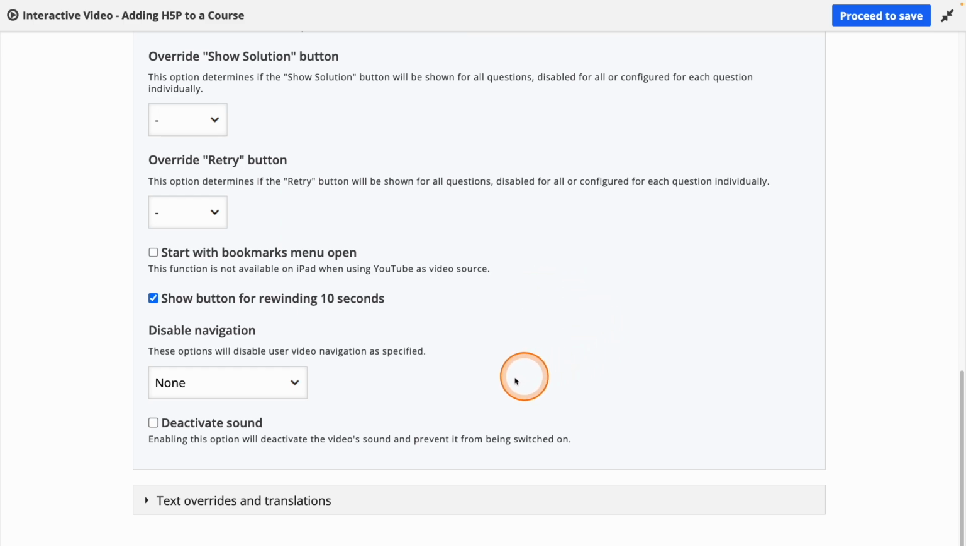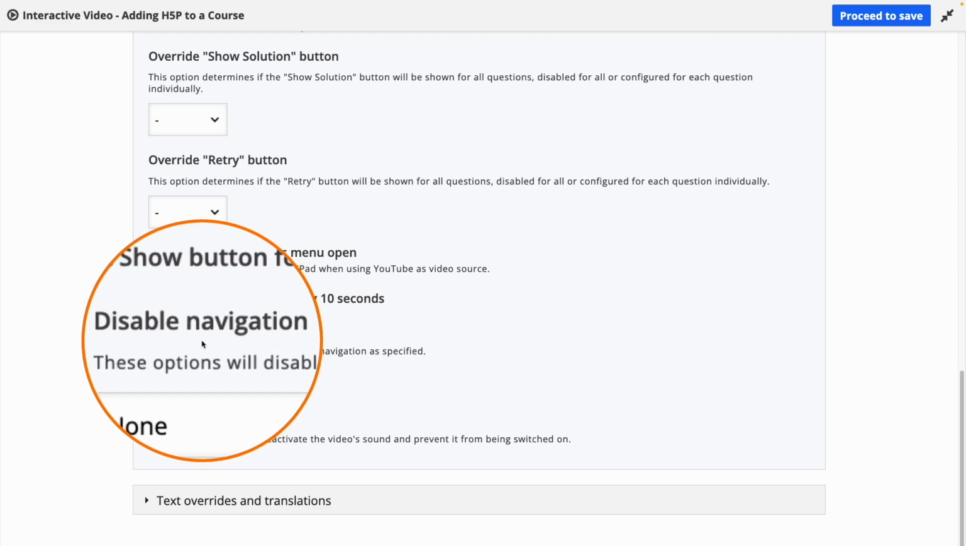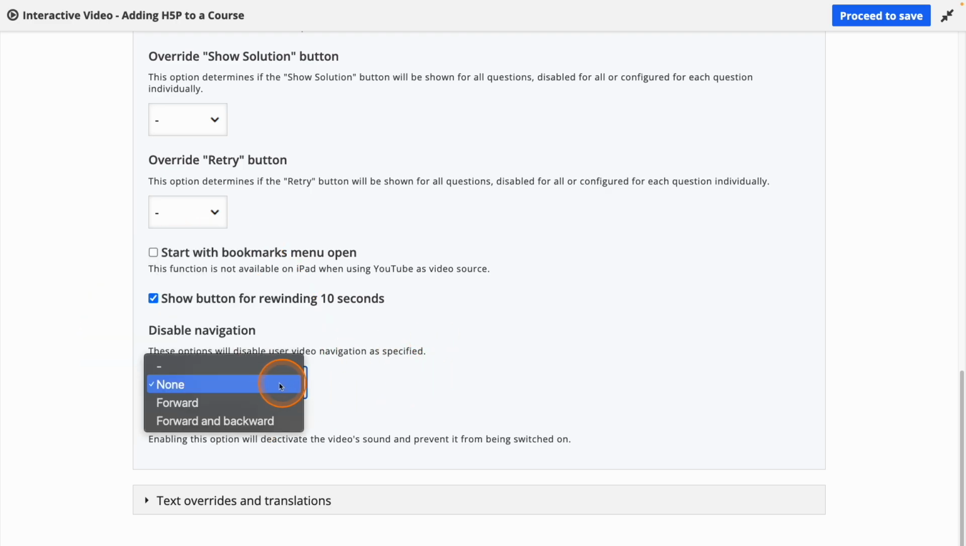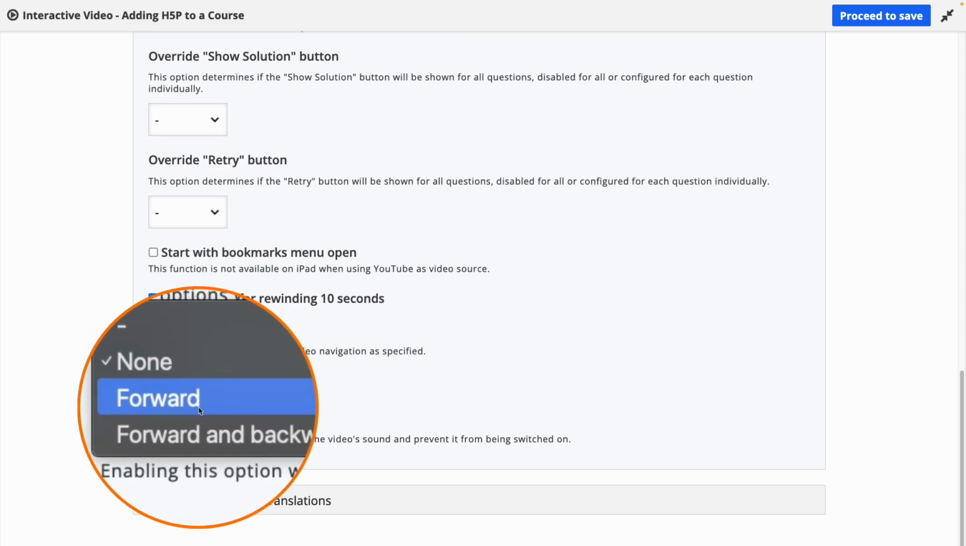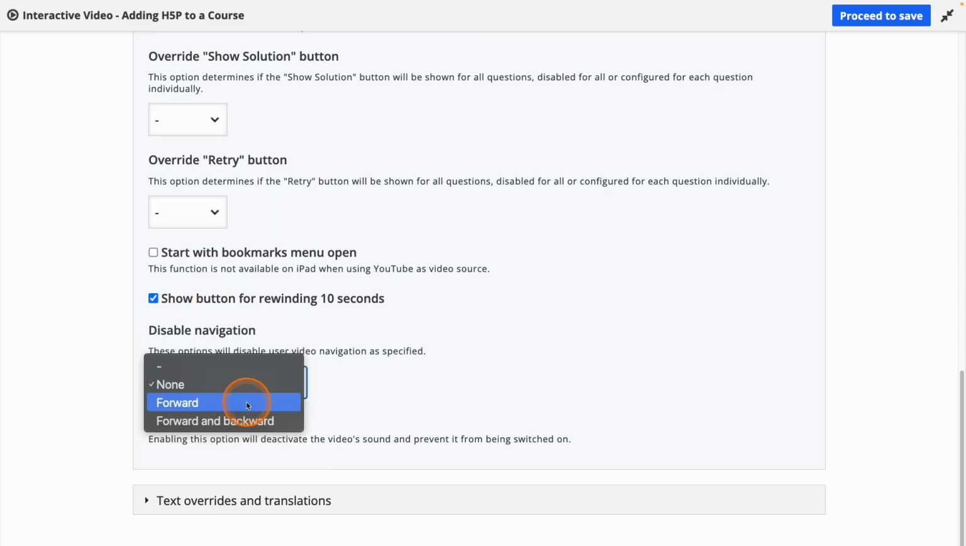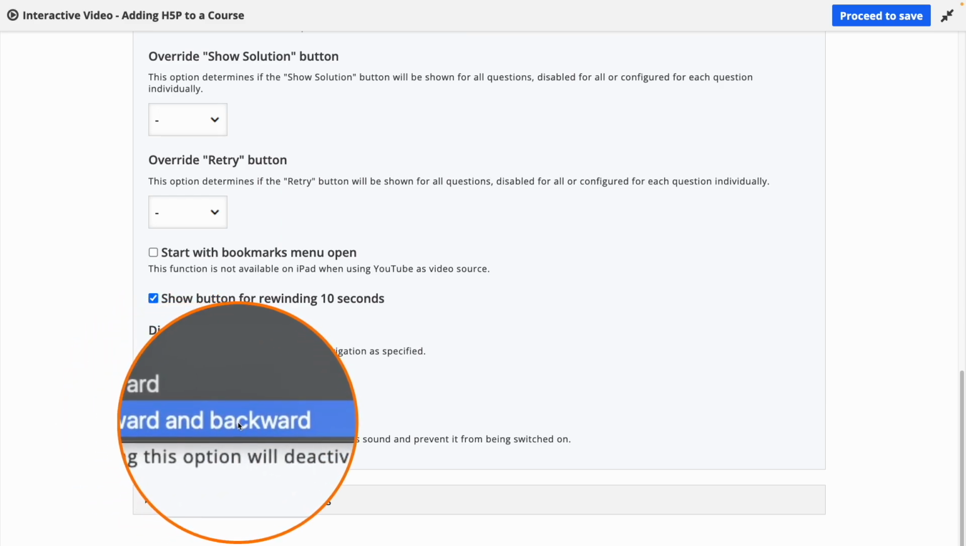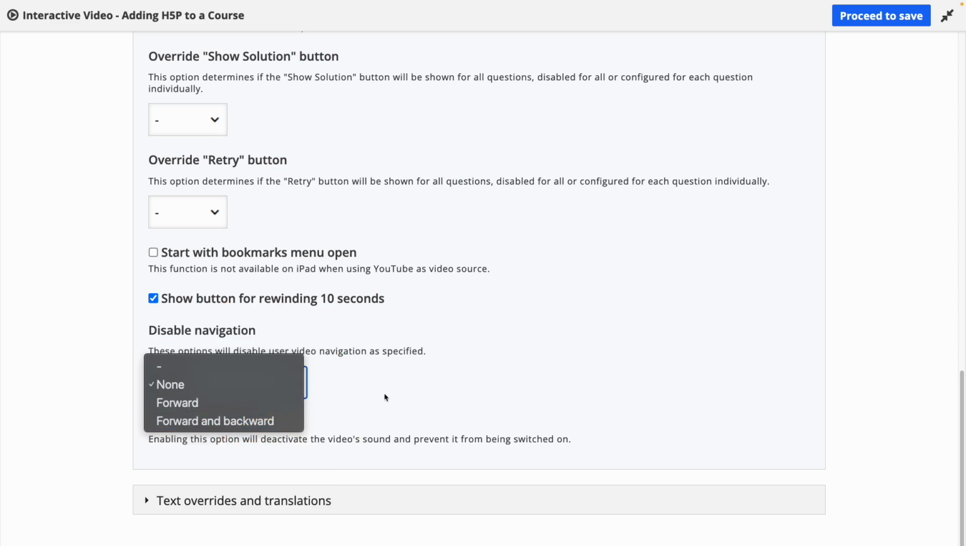One last setting I want to call out on here is disable navigation. By default, this is not activated, but you can optionally choose to disable navigation forwards or forwards and backwards. If you enable this, this means that students will not be able to jump ahead in a video, or they won't be able to jump ahead or behind. While this may sound like a very attractive option because it would prevent students from just skipping ahead to each interaction and answering questions without actually watching the video, it's important to note that enabling either forward or forward and